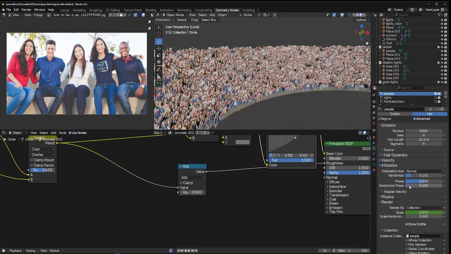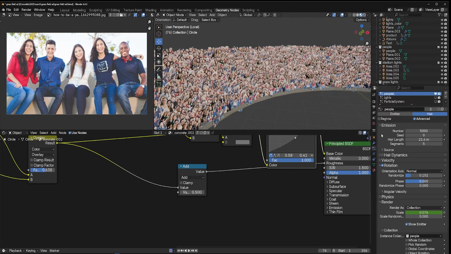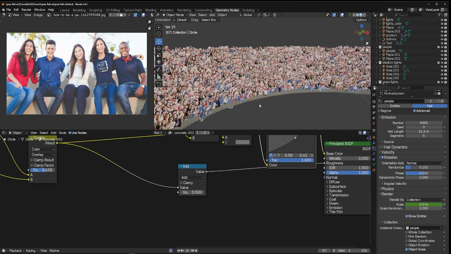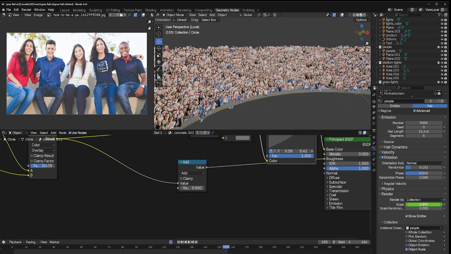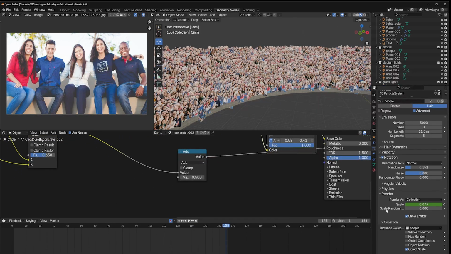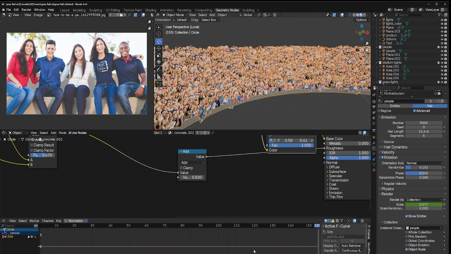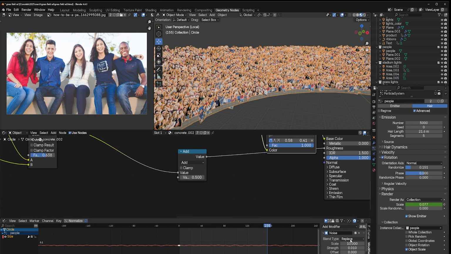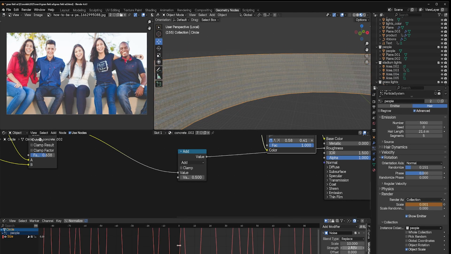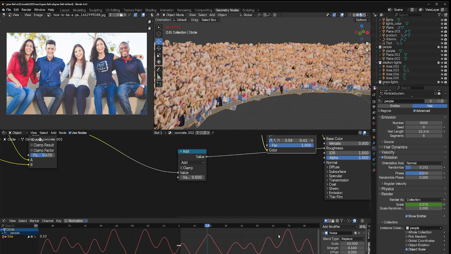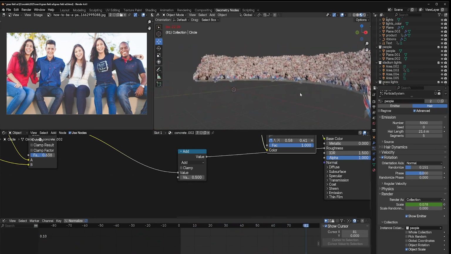You don't want to do it too much as you start to see some intersecting issues that way, but I added some bopping up and down like that to add more excitement into the stadium by just animating the scale value. I just set one keyframe and use a noise modifier on that channel. So just adding a noise modifier with a very low frequency and a very low scale. If it's high, you can see we get an even more excited